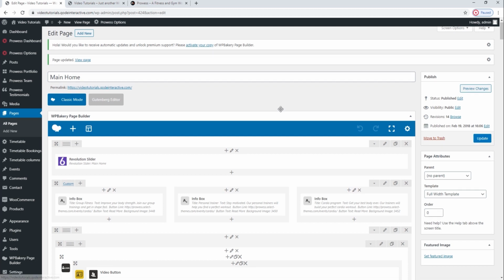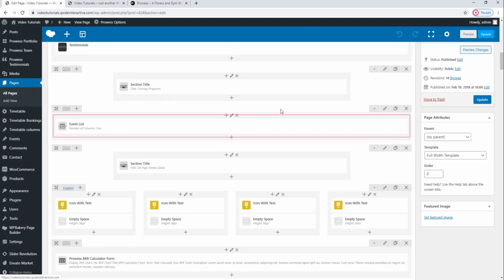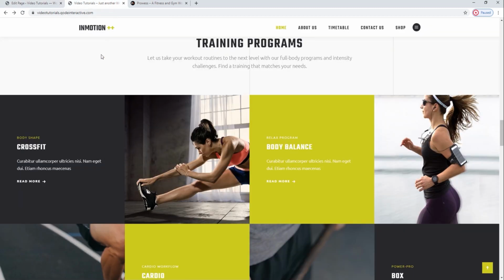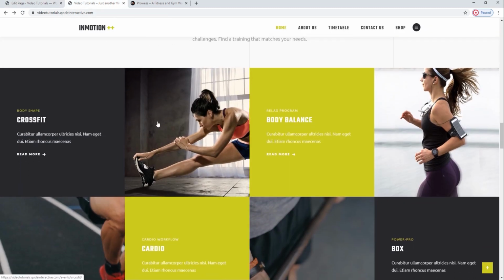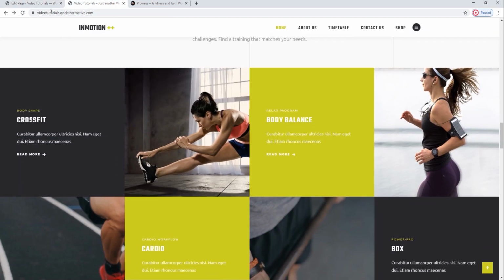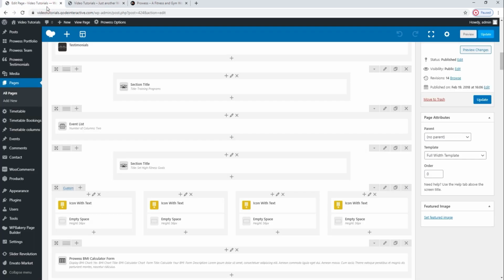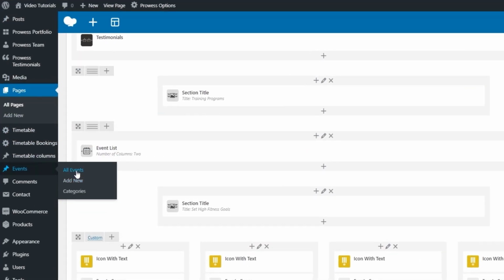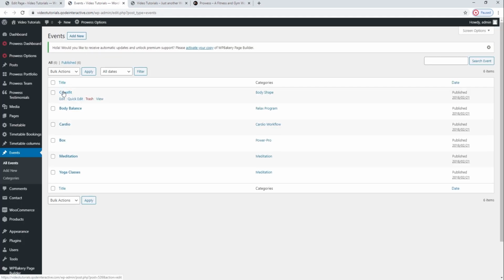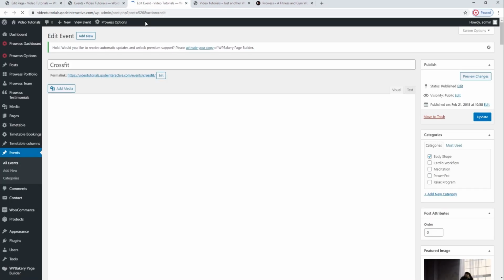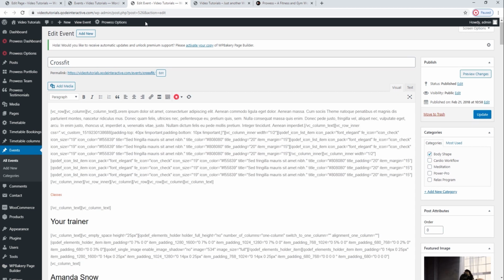The following section is actually an event list shortcode that consists of event singles. We want these images and text to be different, so I will edit the existing event single. Navigate to the dashboard menu, go to Events, and click on All Events. This will open the list of event singles. Click on the one you want to edit or click on Add New if you want to create a new